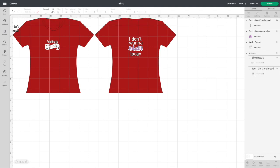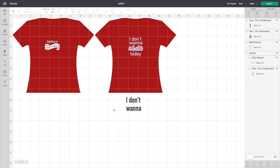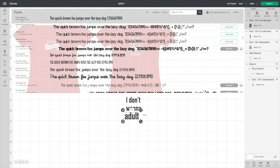So there's the "I don't wanna." And with this font that we have picked, we obviously don't want that big gap there. So you do the down arrow on the line space, and that will bring them closer together. Let's do adult. We're going to make this one a little bit bigger, and we will change this to